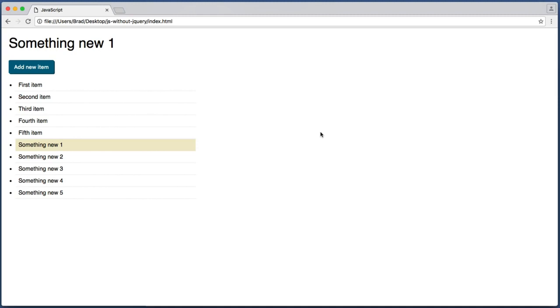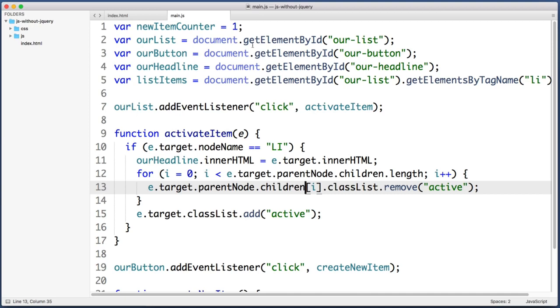But before I go, I want to share a really quick tip for selecting elements in JavaScript. So if your website's audience primarily uses modern web browsers, instead of using these cumbersome get element by ID and get elements by tag name, modern browsers offer methods named query selector and query selector all. So for example, if we wanted to select the element that has an ID of our list, instead we could say